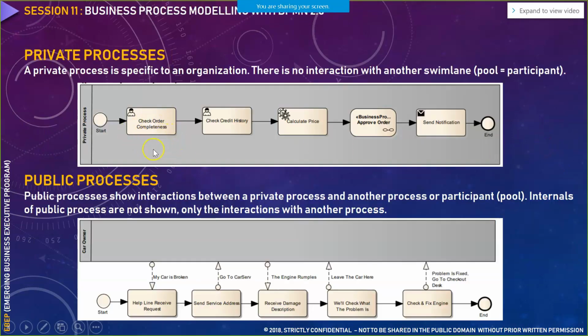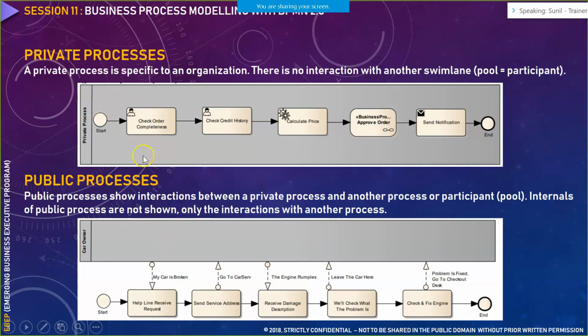So this is one more example of private process and public process, a detailed version, wherein you are having a private process that is specific to an organization. There is no interaction with another swim lane. So these are called swim lanes. Swim lanes means if you are having one lane over here and you are having another lane to whom you are interacting. So first would be your user lane, like agent user. Then there would be the underwriter lane, who would be doing underwriter related activity, and so on.